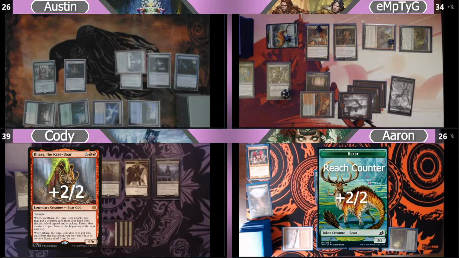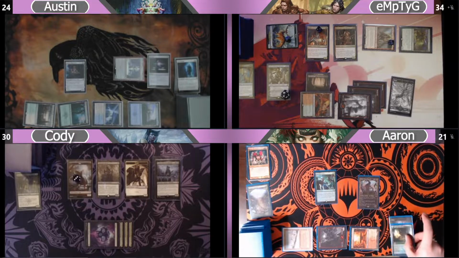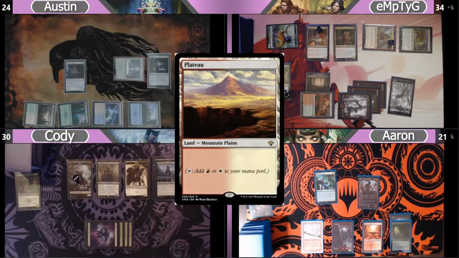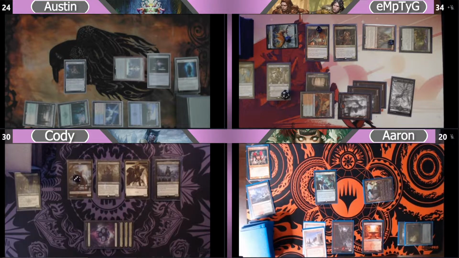With no other plays I want to make, I pass the turn to Aaron. Aaron untaps and draws. He plays a Wooded Foothills as land for turn. He then cracks Wooded Foothills and puts Plateau into play. Tapping Jetmir to help pay the Convoke ability, along with 3 lands, Aaron pays for a Chord of Calling where